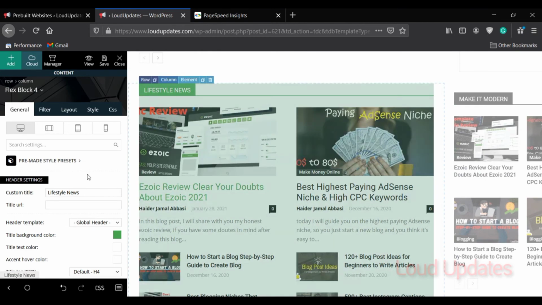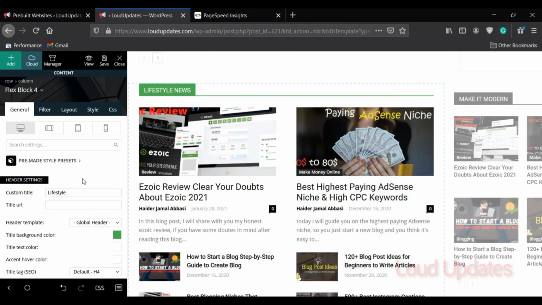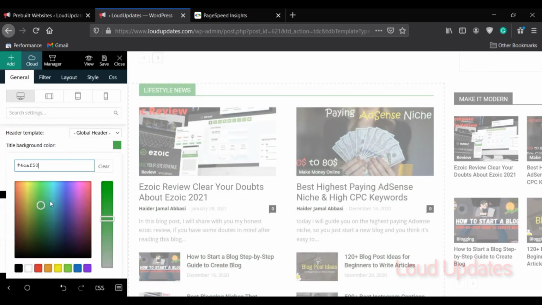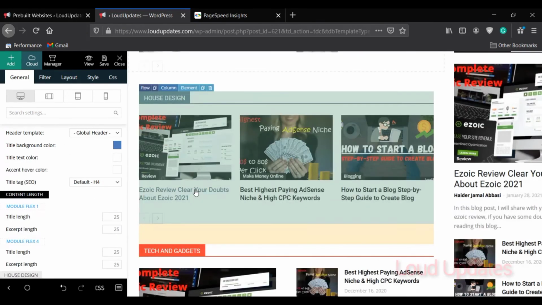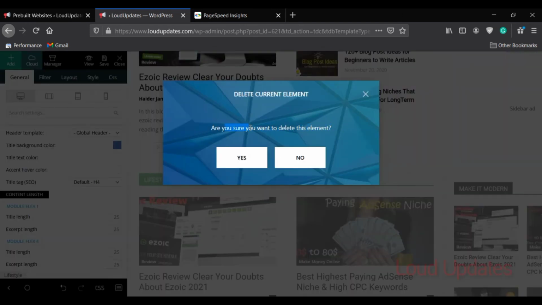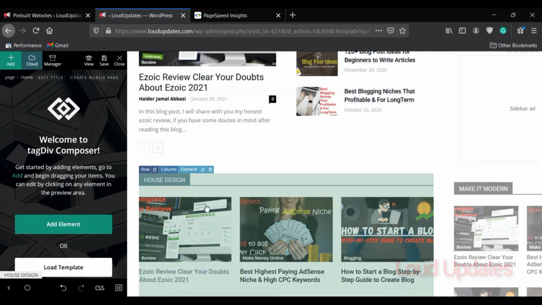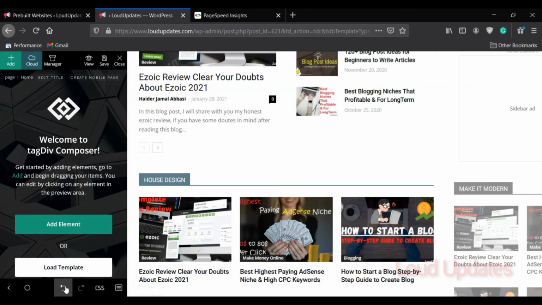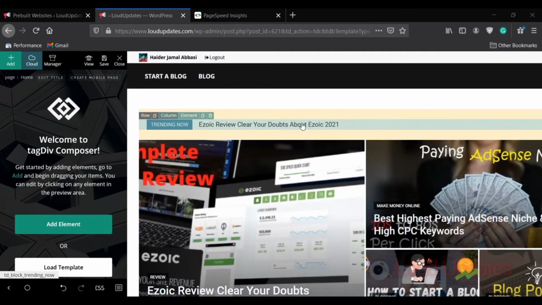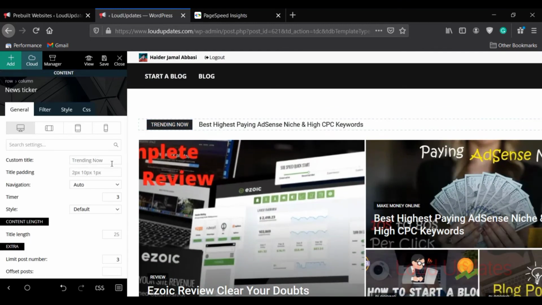So if you want to edit or delete something, just scroll your mouse there and click on delete. Here you can see I just want to delete this section. Are you sure you want to delete this? Click on delete. Here you can see this section is deleted.